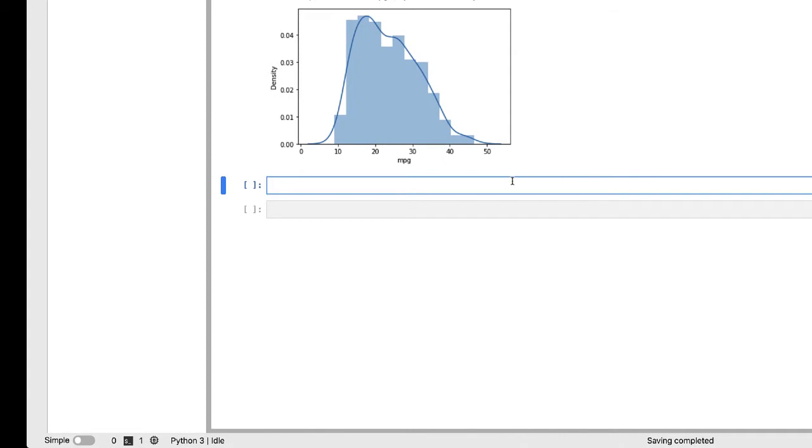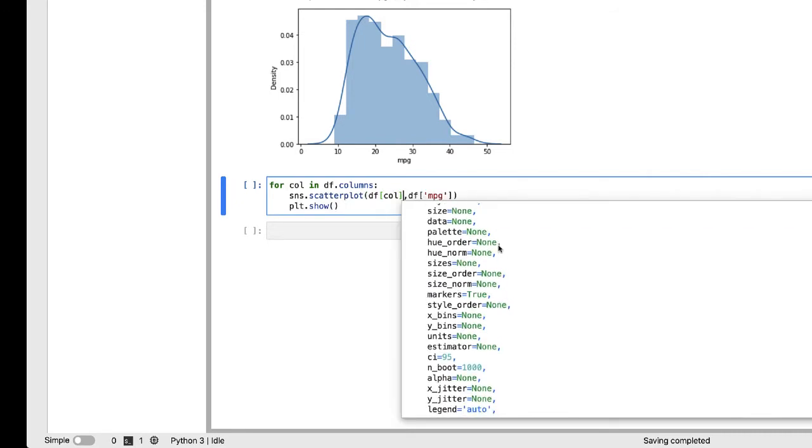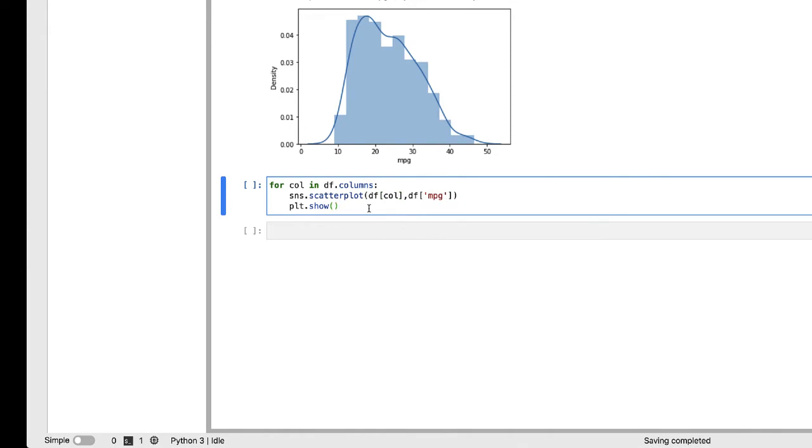Next, I can just go ahead and create scatter plots. I want to plot every column in the data set, so it goes through each of them and makes a plot. Scatter plot. Yeah, my autocomplete is not working today. So I want the column on the x-axis. Okay, well, this is fine. It's not going to be pretty, but